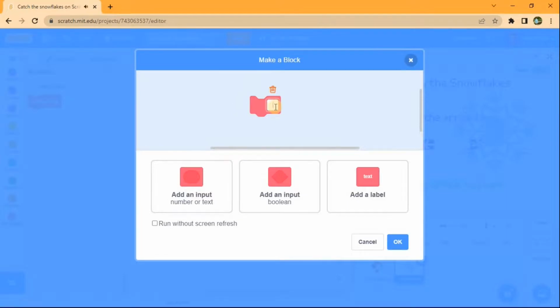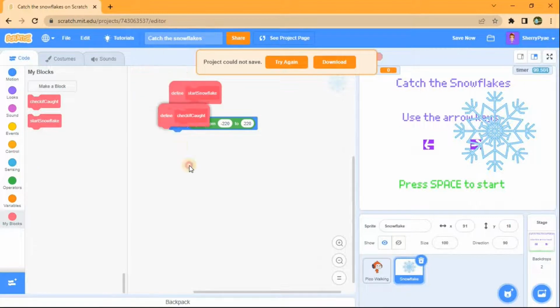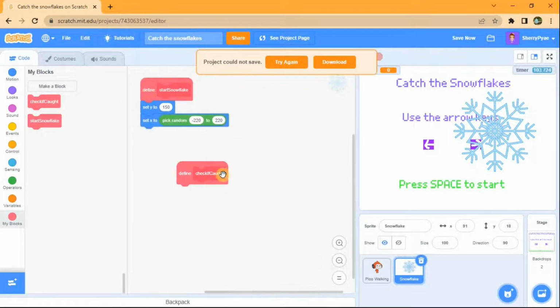And this time, it's called check if caught. This block means if the snowflake is caught by the pickle walking, then the snowflake will be hiding, and then it will show up in another place. So it's definitely like this. So it's check if caught,